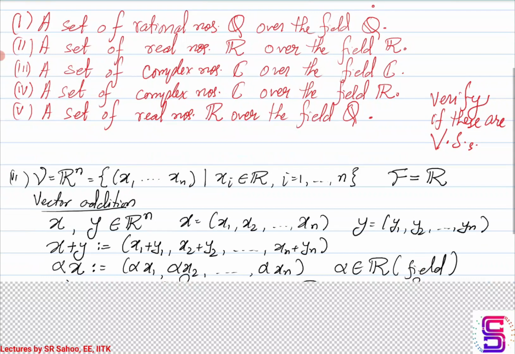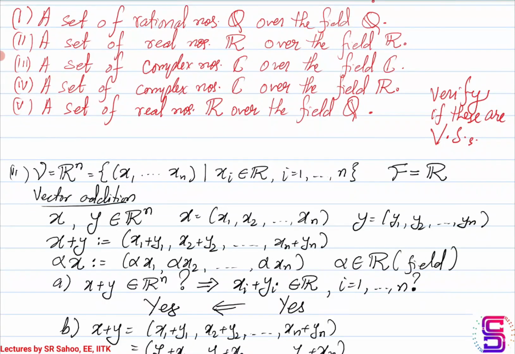Now let's look into another example where the set V is a collection of elements where each element has n tuples and all tuples are real, as shown here. Okay, so we say that this V is denoted by a set, the double-scripted R raised to the power n. So double-scripted R raised to the power n indicates that the elements in the set have n tuples where all the tuples are real.